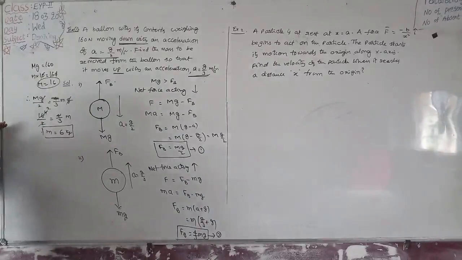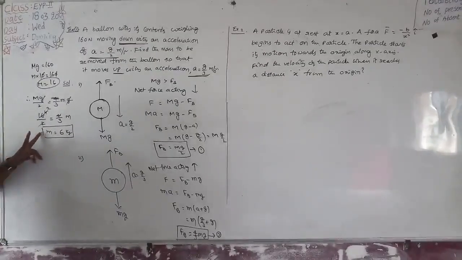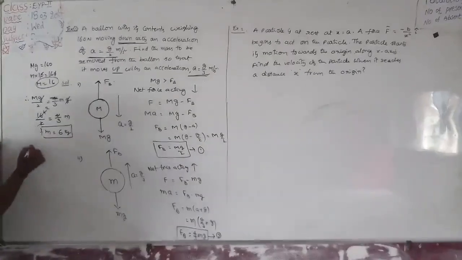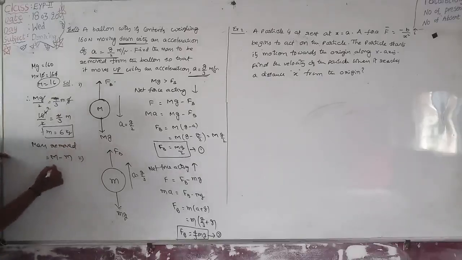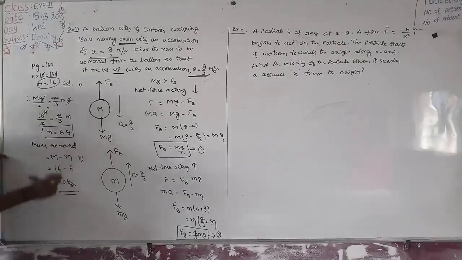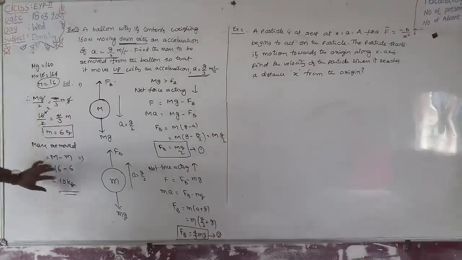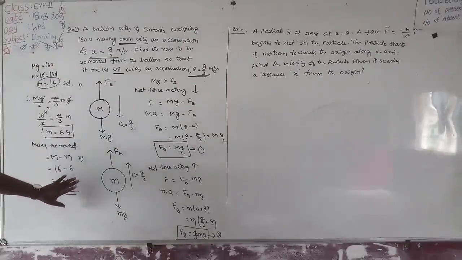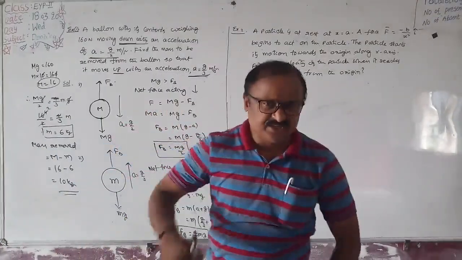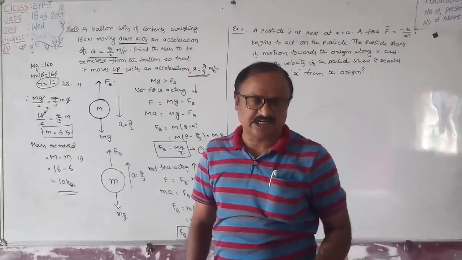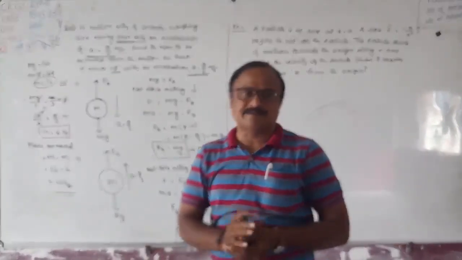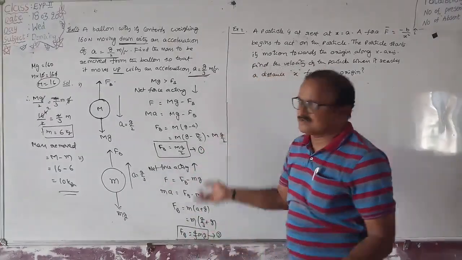Right? Here what is small m? Mass of the balloon remaining. Then what is the mass to be removed? Mass of the contents removed from the balloon is equal to original mass minus remaining mass. Original mass is 16 kilograms minus remaining mass 6, that is equal to 10 kilograms. So this is the value of the mass to be removed in the second case. Do you understand? A very, very important problem. Each and every problem in this laws of motion, you should concentrate very well. You should concentrate strictly. Otherwise, in the next topics, the most difficult problems are there.